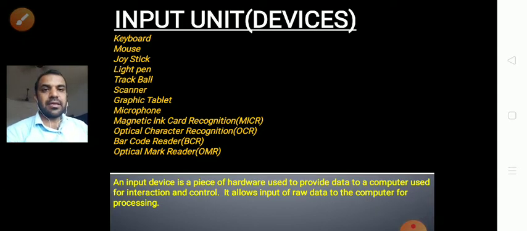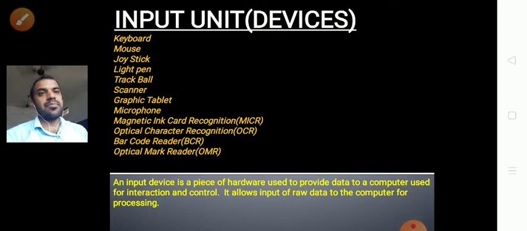The next one is MICR and the next one is OCR. MICR and OCR are used for bank purposes only. You can go to the bank and give drafts and checks. For these drafts and checks, MICR and OCR are used. Barcode reader: multiple products have some bars. These bars have a lot of information about the company or the product, and to read these bars we can use the barcode reader. Optical mark reader: in an examination paper you will find a sheet where you fill in ovals for marks. To read out these marks, the optical mark reader is used.